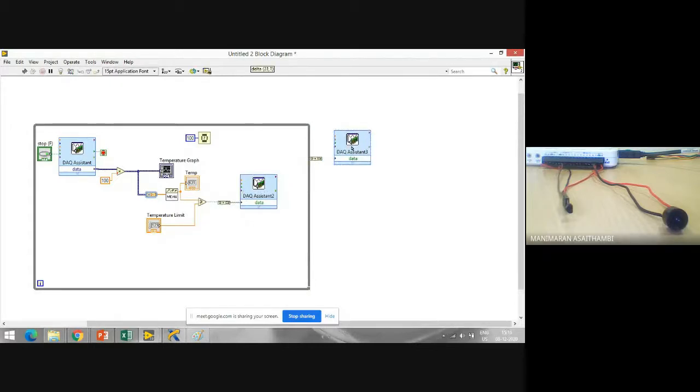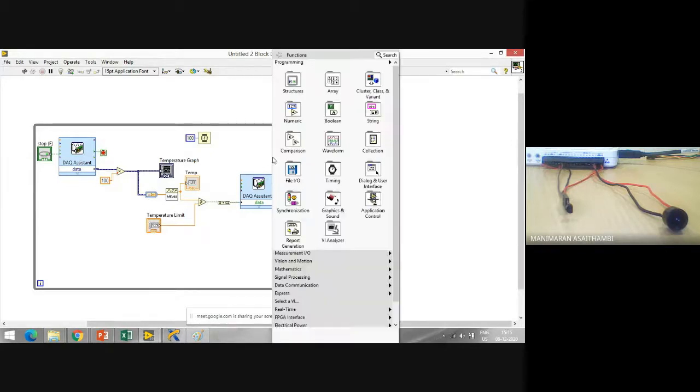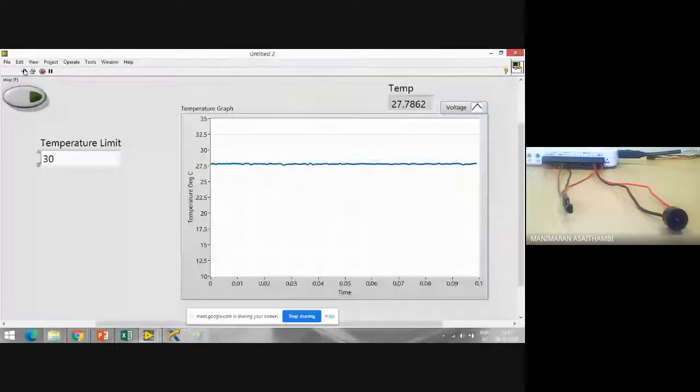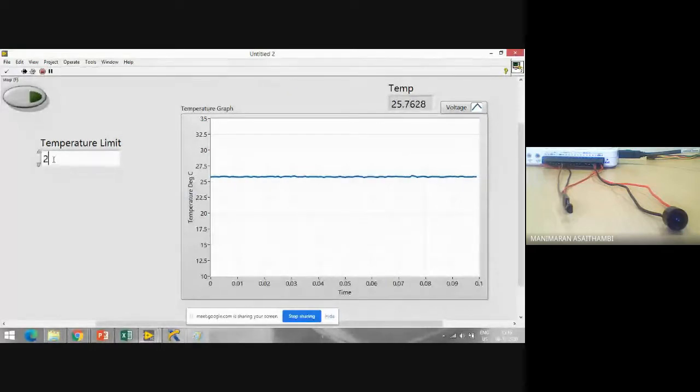So now if you see here, I am sending a Boolean value false, which means off. So very first, whatever is present inside this while loop will work. Once the program stops, then only this part will work. So now if you see, I run my program. I keep the temperature at 24.